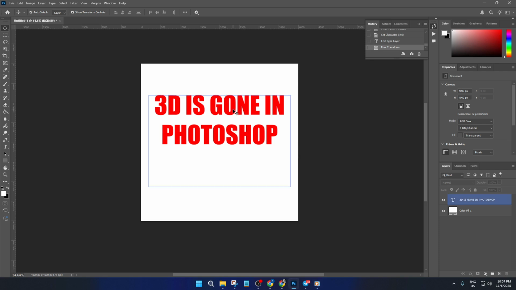First, it's important to clarify, if you've just updated Photoshop to the newest version, especially if you're using Photoshop 2025 or newer, you'll notice that the 3D menu and tools have simply disappeared. This isn't a bug or a temporary glitch. Adobe has officially removed legacy 3D features from Photoshop. So if you're looking for the good old 3D workspace, like we used for extruded text or bevels, it's just